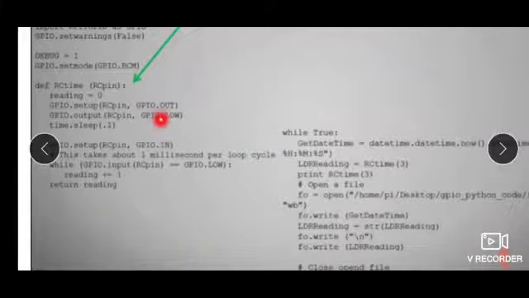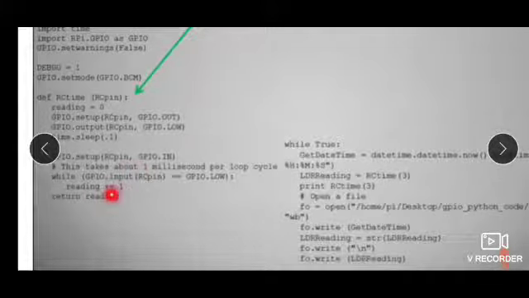First we set it to low, then after a delay it is made an input pin, and then it is checked whether it is equal to low; if it is low, the reading is incremented until it becomes high.